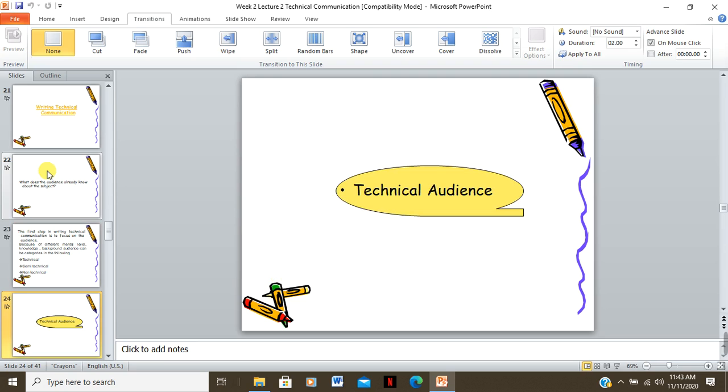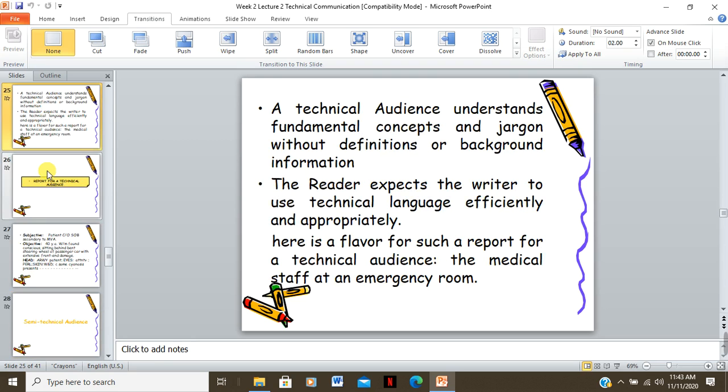Here we are going to have an example of what kind of write-up we can produce in front of a technical audience. A technical audience understands fundamental concepts and jargon without definitions or background information. The reader expects the writer to use technical language efficiently and appropriately. Here is a flavor for such a report,